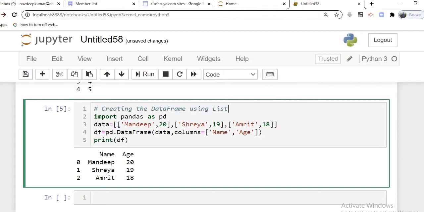In the first list we have supplied the data only, and in the data frame we have supplied the parameter as data as well as the columns, where name and age will now be acting as the labels of name data and age data. So this is basically a very applied thing. My humble request to all the students is, please do this practically. Otherwise, you will find it difficult in the later stages. So do all these examples practically on your side.